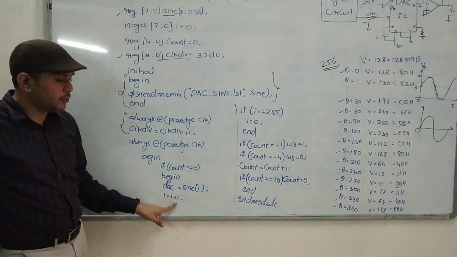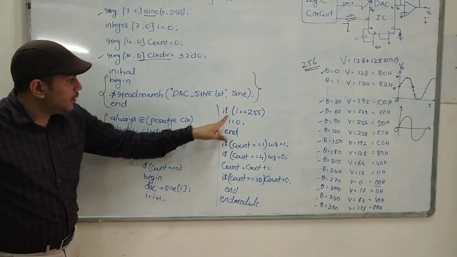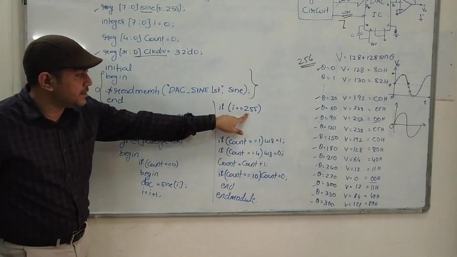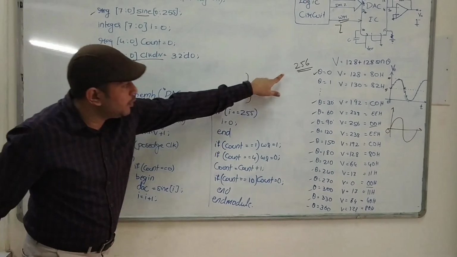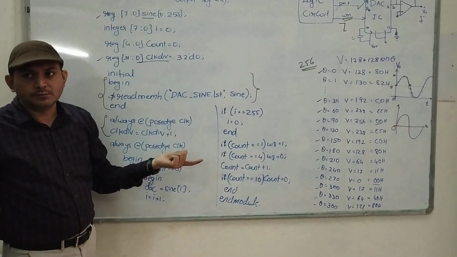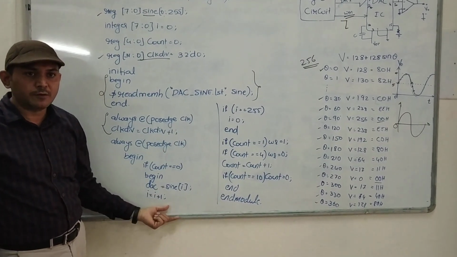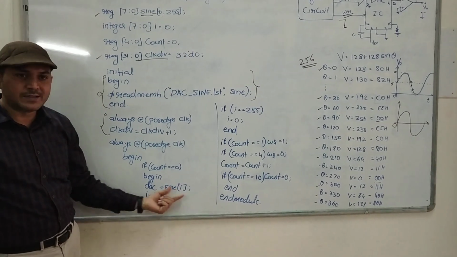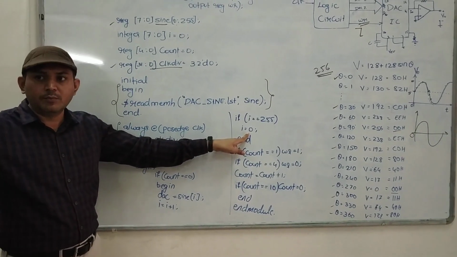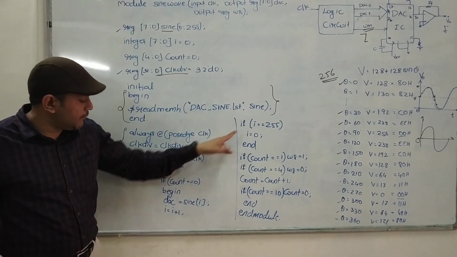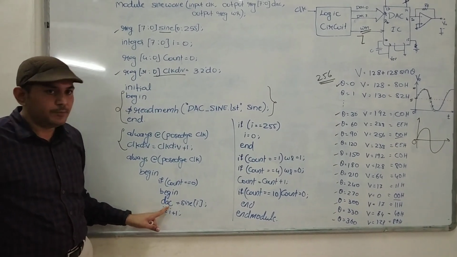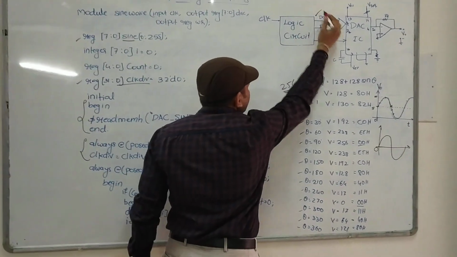Next, i equal to i plus 1. Now i became 1. If i is equal to 255, no, it is just 1. If it reaches 255, it will become 0 because we have only 256 values. So once it reaches 255, we will again start from 0. Sine of 0, sine of 1, sine of 2, sine of 3 and so on up to sine of 255 we will send. After that, again we will start from 0 because it is a continuous, infinite loop. So for every i value, sine of i is sent to the DAC, meaning 8-bit digital data is sent here.